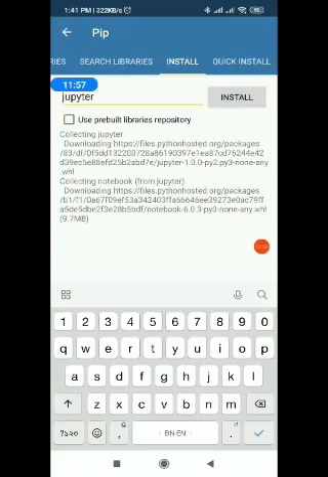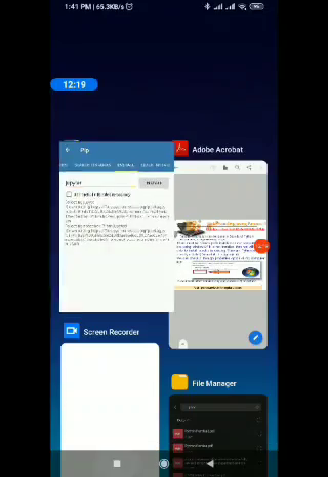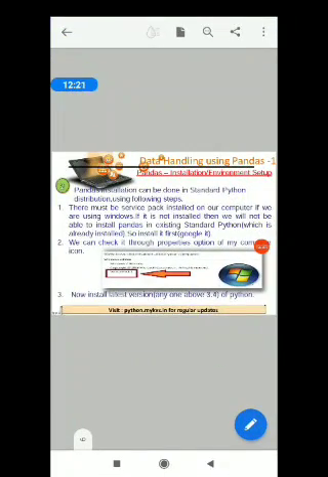It is 9.7 MB. Let me see whether it will install or not. So from the quick install portion also you may go for the installation. So this is one of the ways. So this is the installation portion. Now I am again returning to my thing.